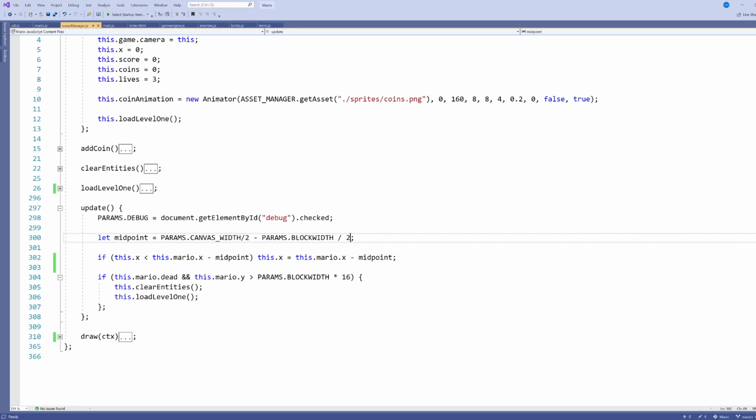Now this calculation here, the first bit is going to find me the midpoint, but this part, the minus parameters block width over 2, is going to give that little half of a block width worth of wiggle room. Since our Mario is a full block width wide, we're going to want the true midpoint of our camera to be in the midpoint of Mario as well. So this is minusing off the half of the width of Mario, so that half of the width of Mario will be on the left hand side and half will be on the right. Leaving this out will just mean Mario is shifted ever so slightly, half of a block to the right, which